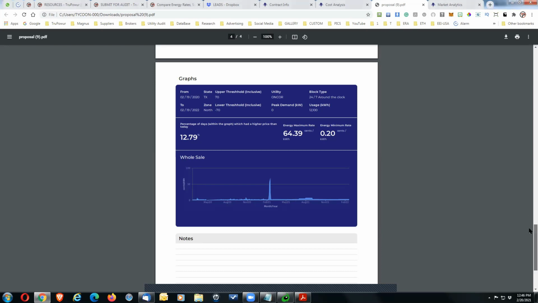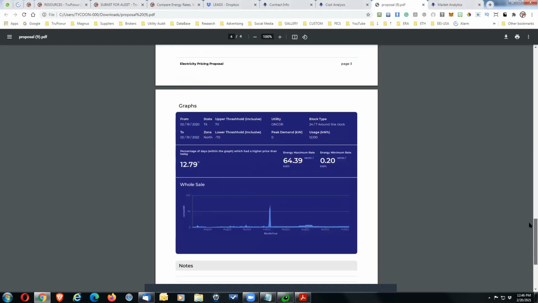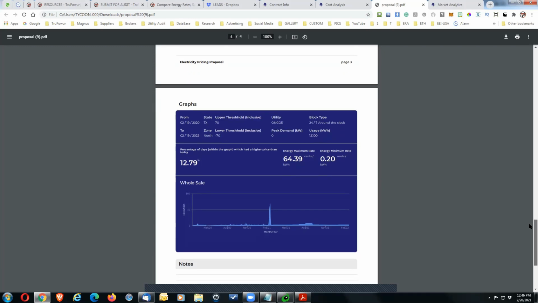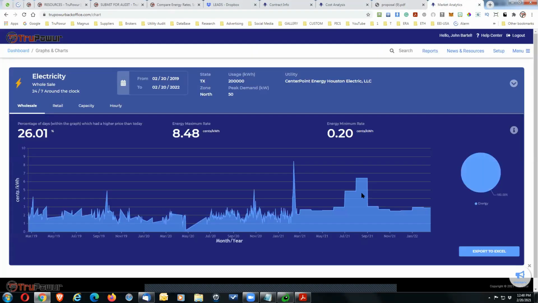So that's why we always try to, as much as possible, get the customer on a fixed plan that hedges them for future disasters. It's going to take a lot of things into account. But if you look at the market analytics, you can see this huge spike. But if you look right now, we're on February 20th. There we go. So you can see that right here in this little valley is where we are right now here in February, and we're expecting rates to start to increase as we go into March and throughout the rest